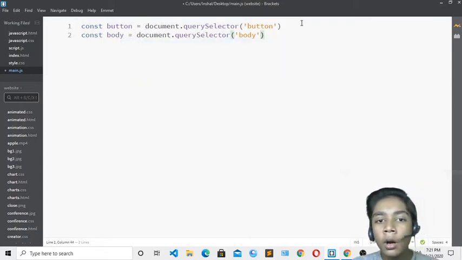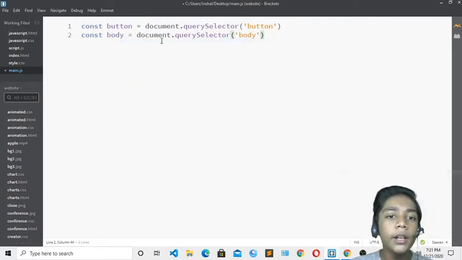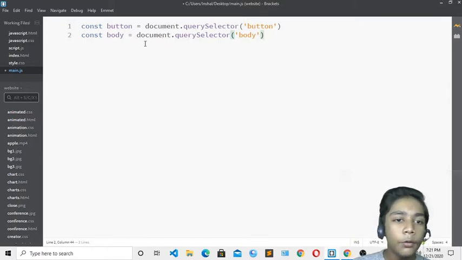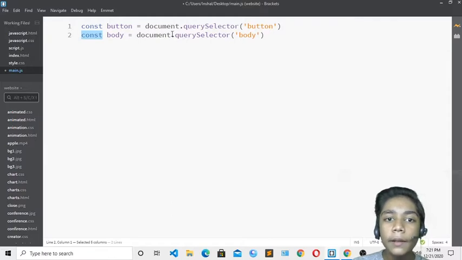So these are all keywords, okay. Tags are different in JavaScript and elements are different. Like this body and const are elements, and this document is also an element, but this querySelector and these other things are tags over here.